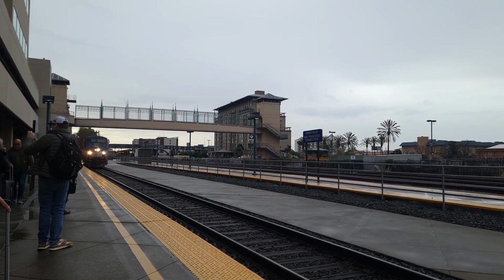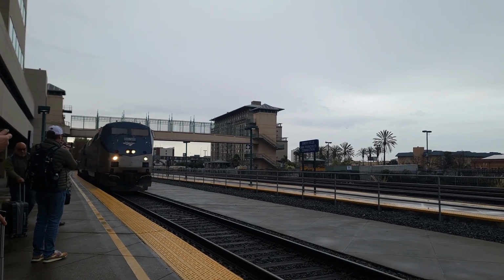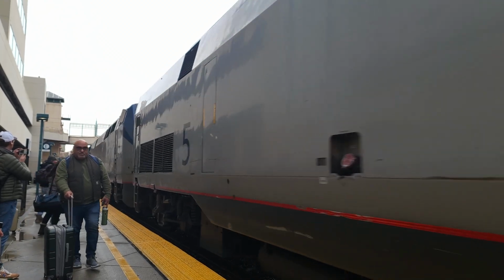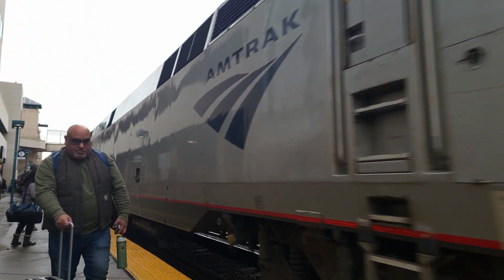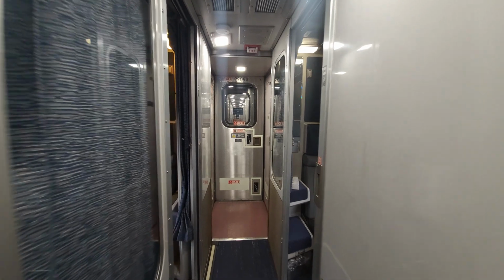They line us up on the platform according to our accommodation. Sleepers in the front, and coach passengers in the rear. That's how the California Zephyr is set up. Your train may differ. As the train pulls in, we get ready to head to our room, so let's climb aboard this train. As we head to our room, we are in a Roomette today, the most popular sleeping accommodation